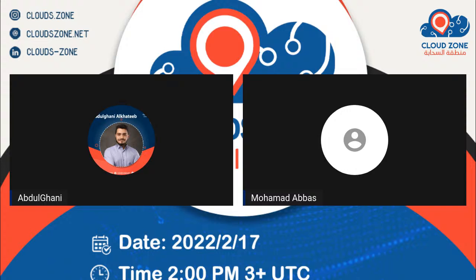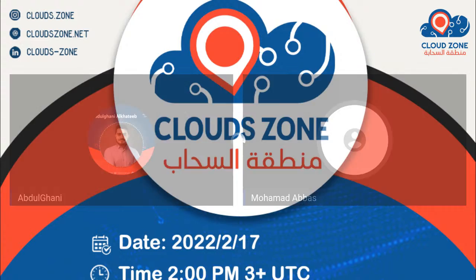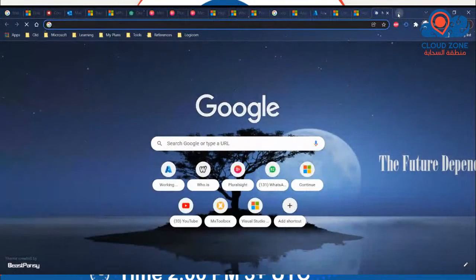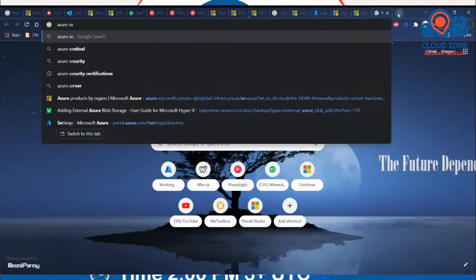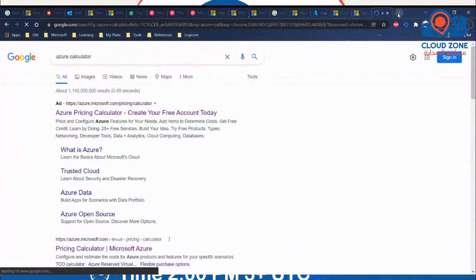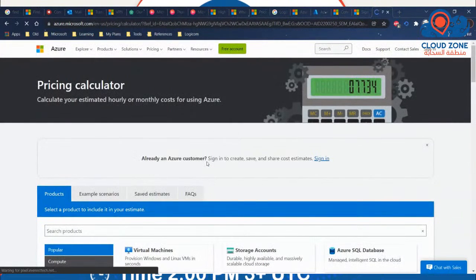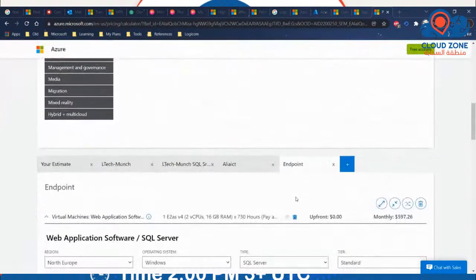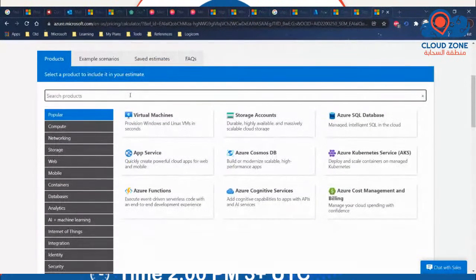In terms of costing, Azure Virtual Desktop is meant for all segments. If you have one user or 10,000 users, you can make use of Azure Virtual Desktop. If you go to the Azure price calculator, a website by Microsoft that gives you some estimation about how much the service will cost, and you look for Azure Virtual Desktop,